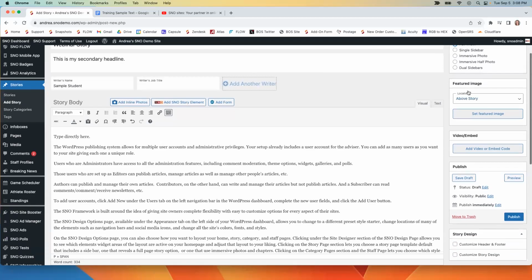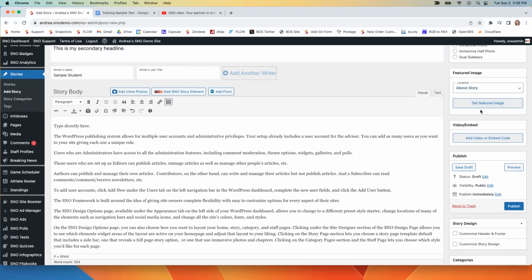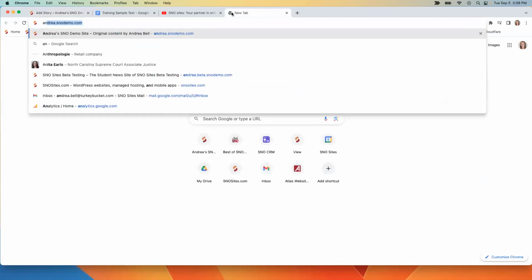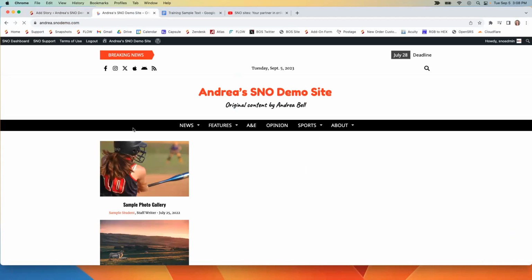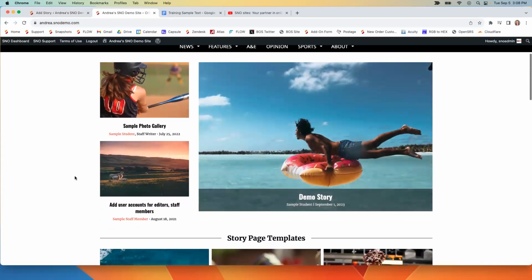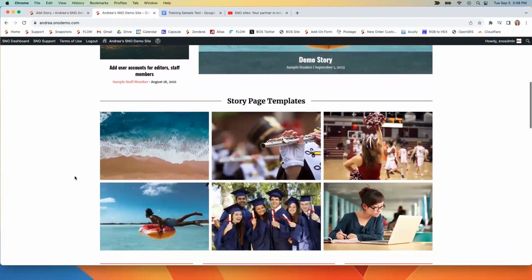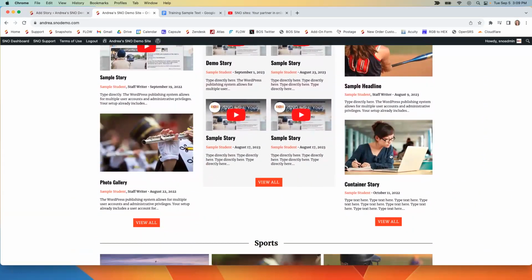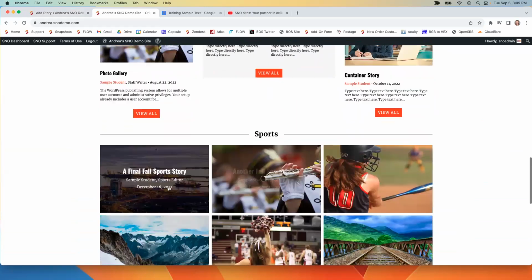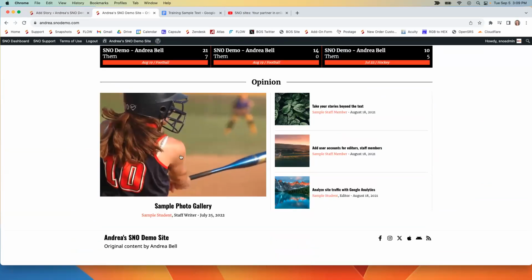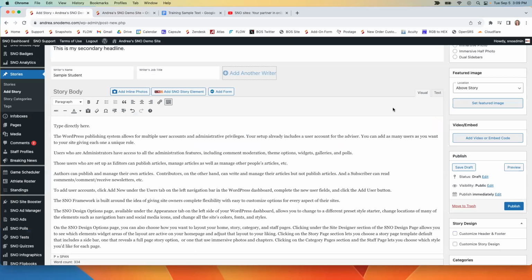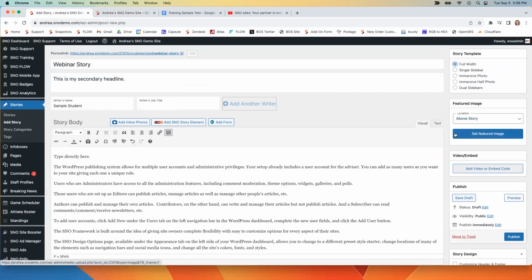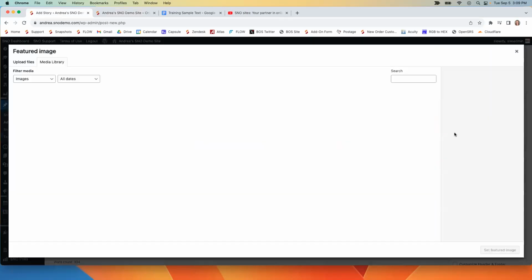Once I've selected my template, I can upload my featured image, and that is going to be, if I open up my site here, kind of that main image that is associated with the story. So when we're looking at my homepage, all of these photos and images that you're seeing here are featured images. So very important, if and when you can, to set that featured image or to upload a featured image with